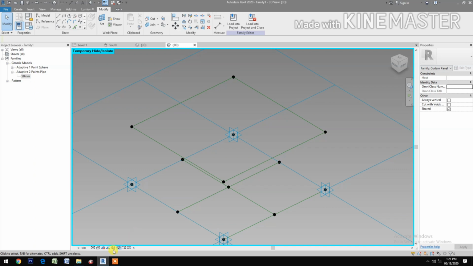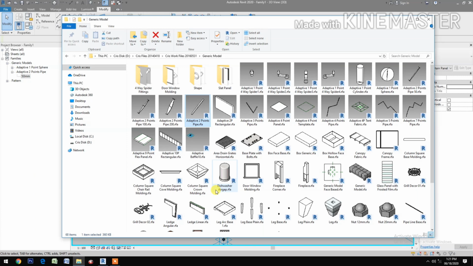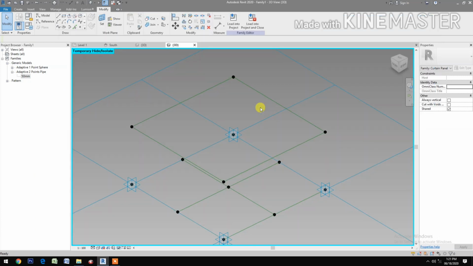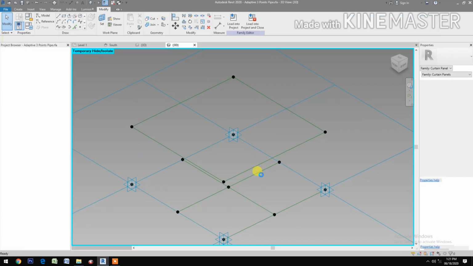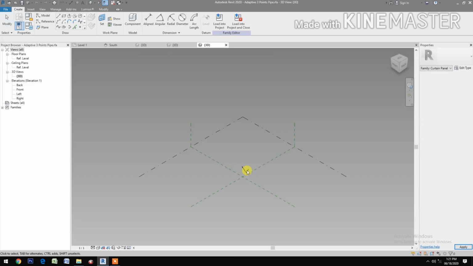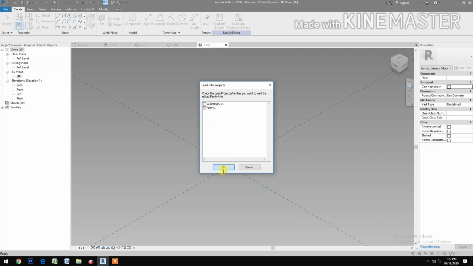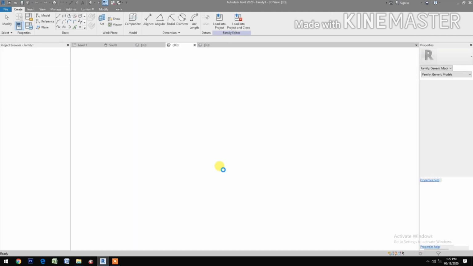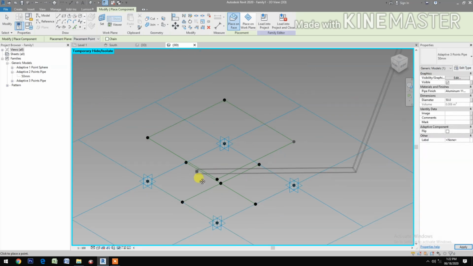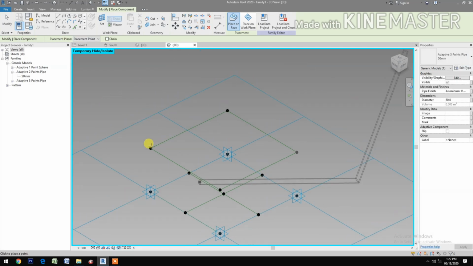Okay, we will work on the frame 2. So select the adaptive 3-point pipe. Okay, so this is the 3-point adaptive pipe. Insert family 1. Okay, pick at this reference point, pick here and one here. Okay,